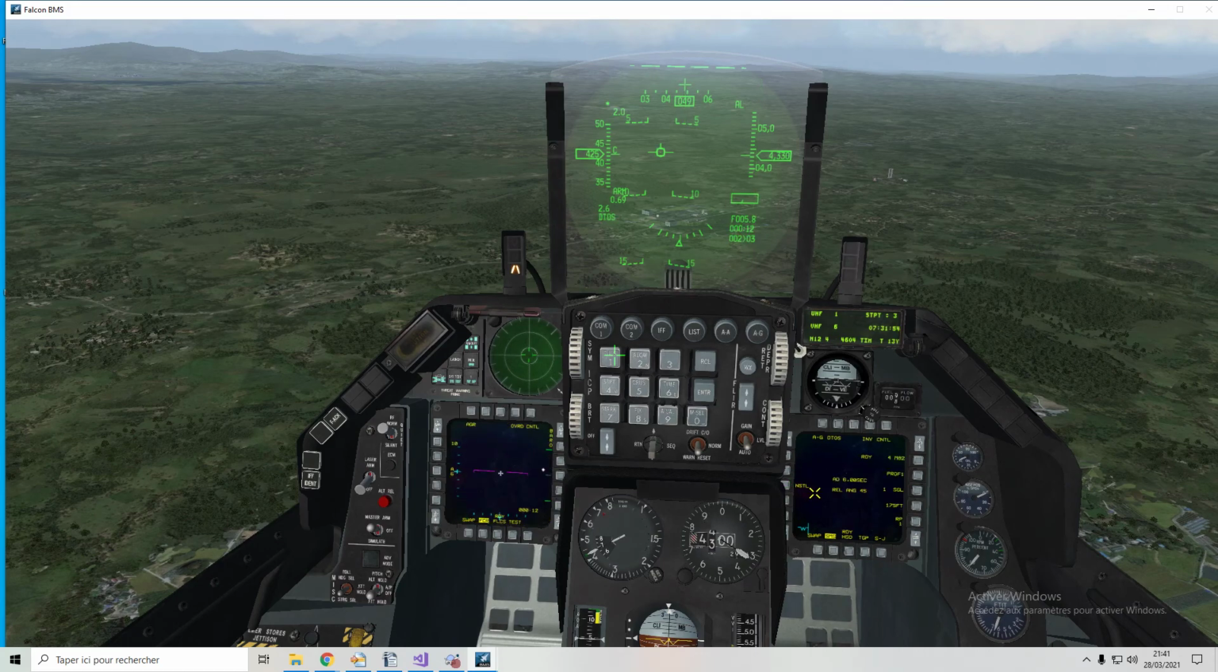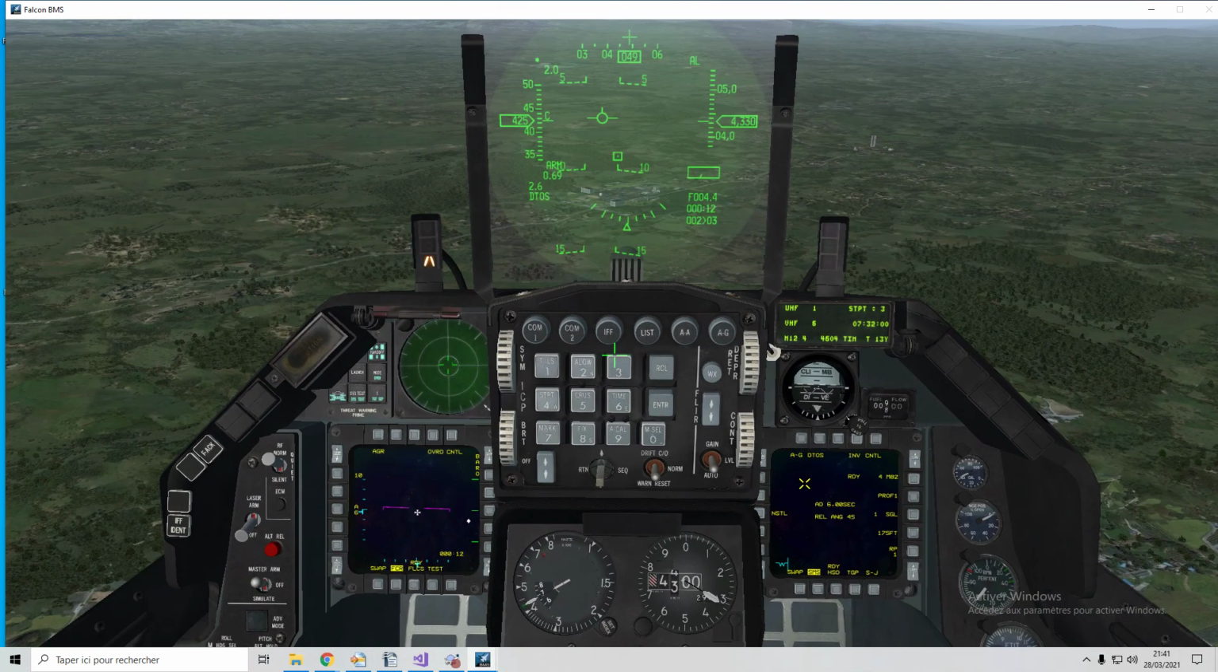We'll use the DTOS mode to explain a little bit the new system. So DTOS mode, the SPI is in the HUD, and it displays the AGR page. The AGR page has been modified to be closer to the real one, but what is the most interesting here is the new scale on the right. So this is a slant range